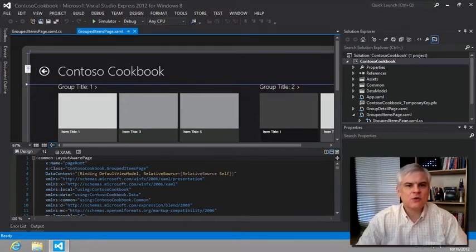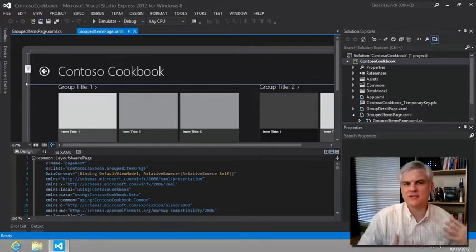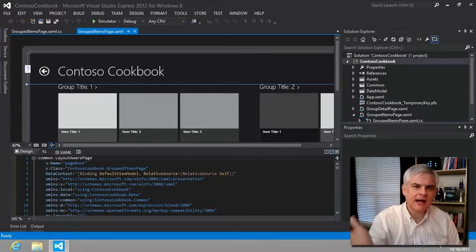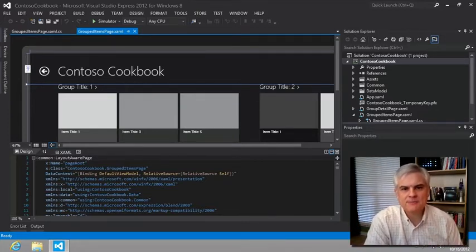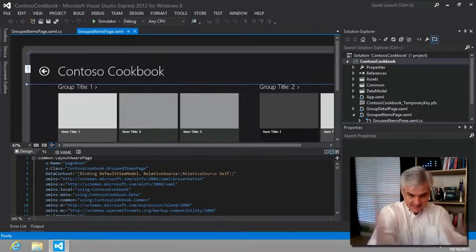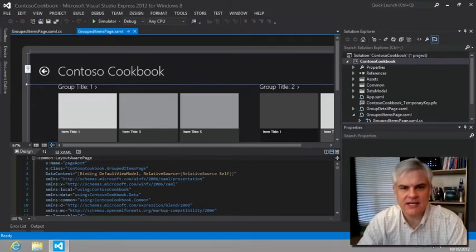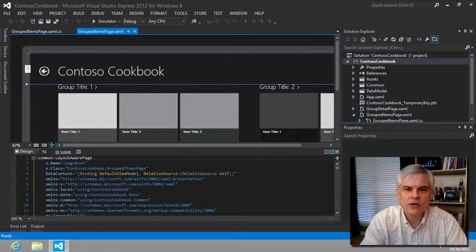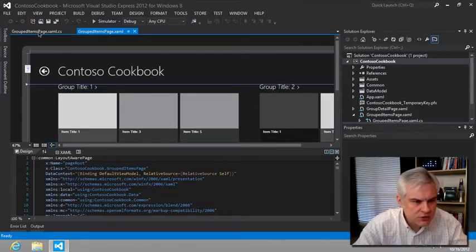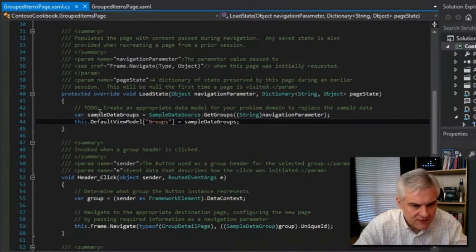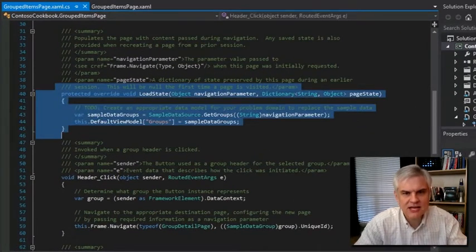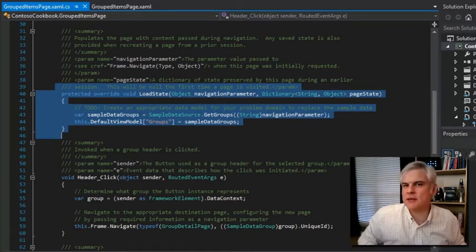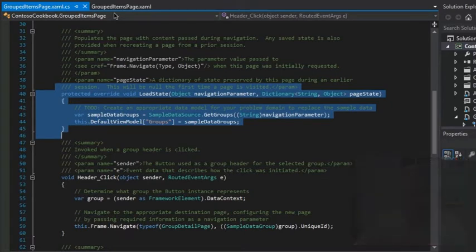Okay, so we understand from the previous lesson how the sample data is being populated at runtime. How it's being populated at design time is another matter entirely. How is it that we see data right now? We wouldn't expect the load state that we learned about in the previous lesson. We wouldn't expect this code to execute inside of the IDE. So we expect something else to be at work here, right? So let's take a look at